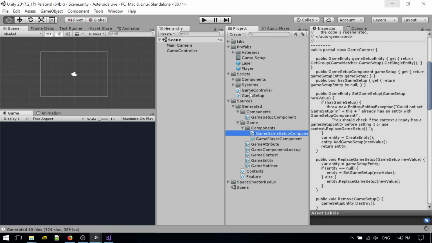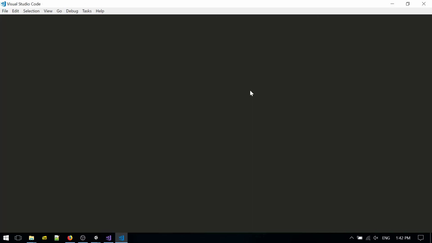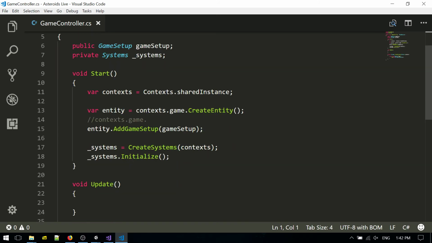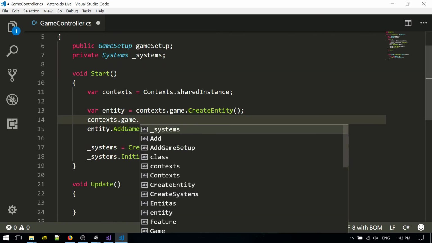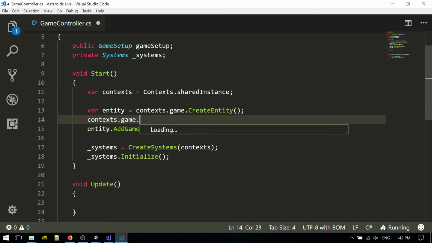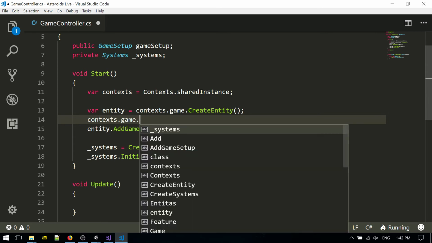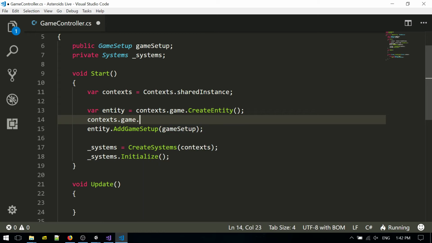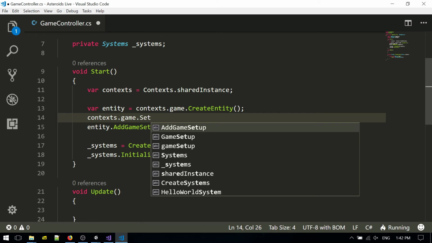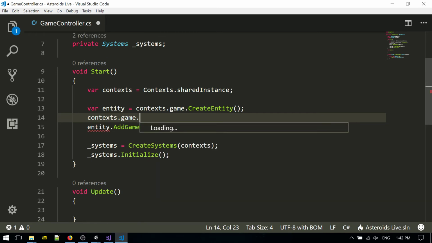Visual Studio Code sometimes likes to do it, and it will have the needed extensions. Contexts game. Wait, it thinks. Yes, here it is, set game setup,